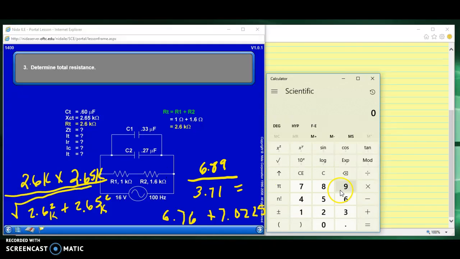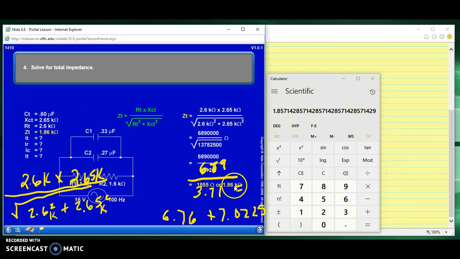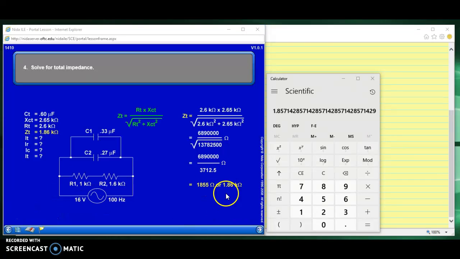6.89, I just double checked myself because I was kind of doubting, divided by 3.71 equals 1.857. So let's see if that's what they got. Yep, if we move all the rhetoric, they got 1.86, which rounds out to what we had. So, very good. So we have stayed right with them through all this. Now, I total is equal